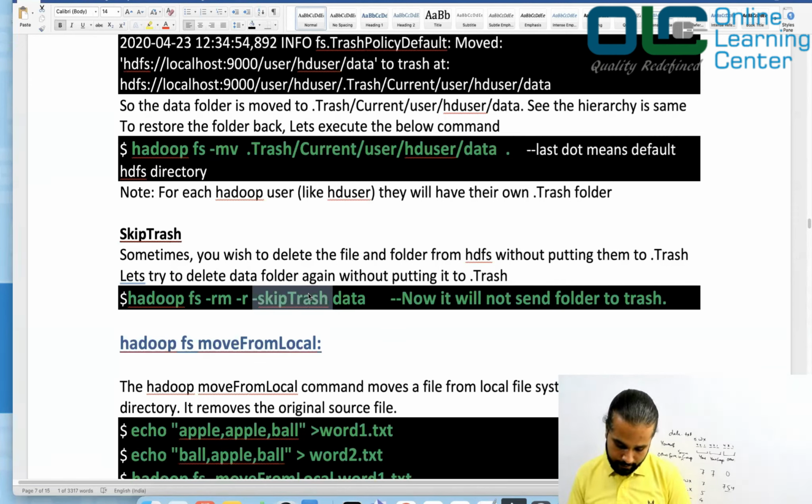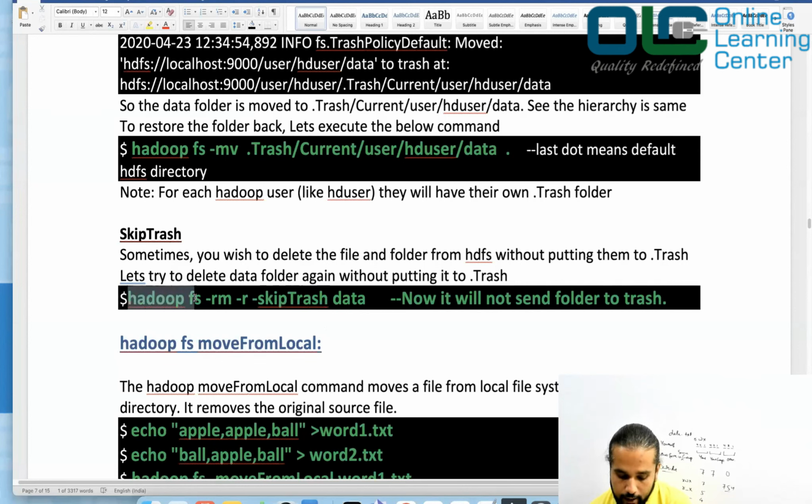So anytime I was running a job that I knew was experimental, whenever I got the folder, I did not want my folder to go to even the trash. The reason is that if it goes to the trash, it will still occupy the space. So the only thing I could do is skipTrash. You do your experiment, but you are sure about what you are doing. If you use skipTrash, your folder will not go to the trash. You cannot recover it back.